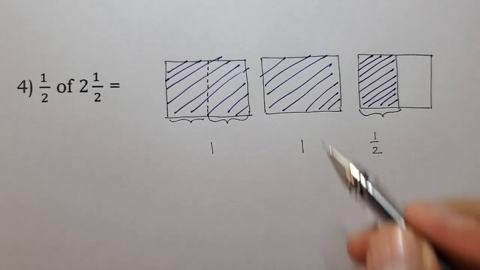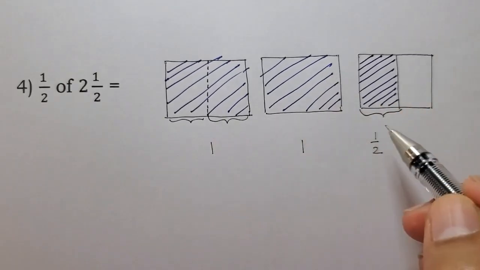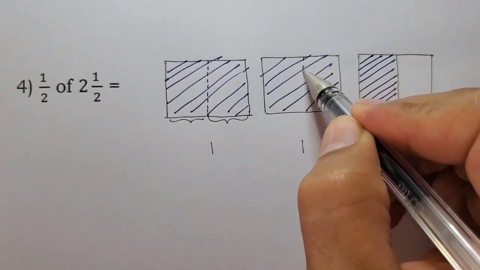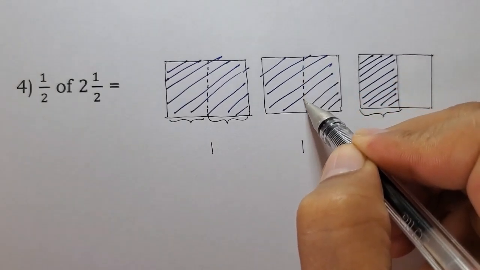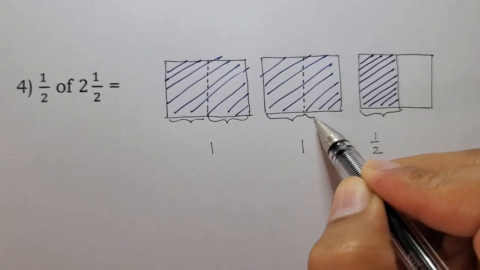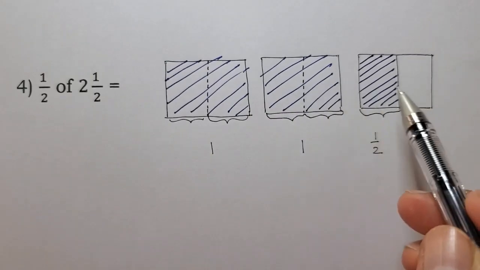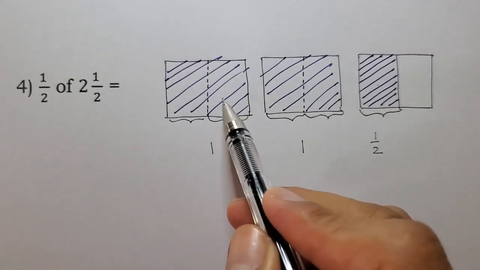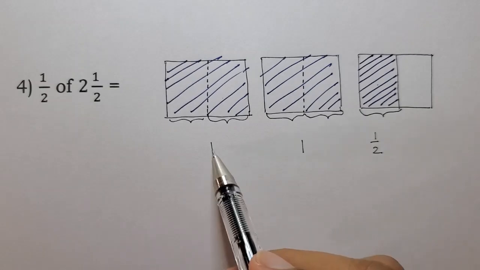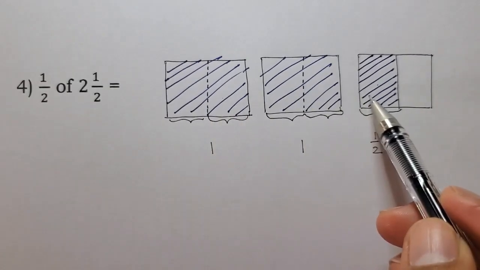Okay? So, of course, in order for us to show equal parts, we will also have to divide this using the imaginary line. Okay? So, this is equal to 1/2 and 1/2. So, these 6 portions now are equal. And when we say 2 and 1/2, that would also equal to